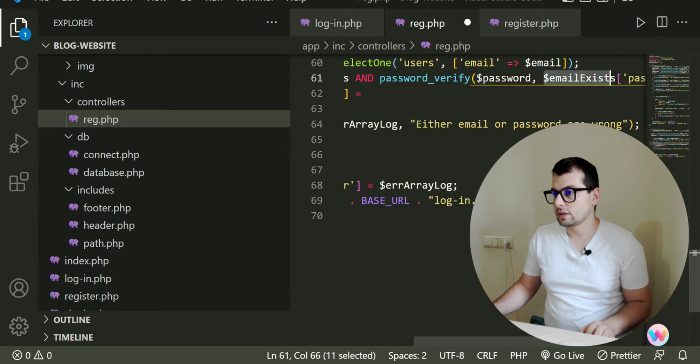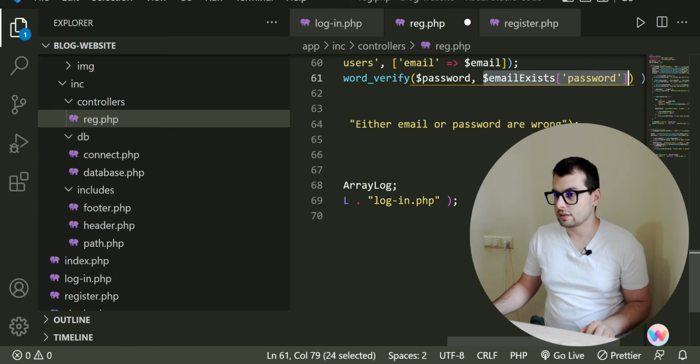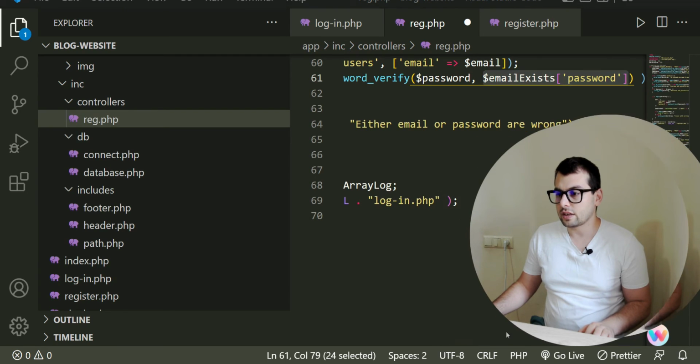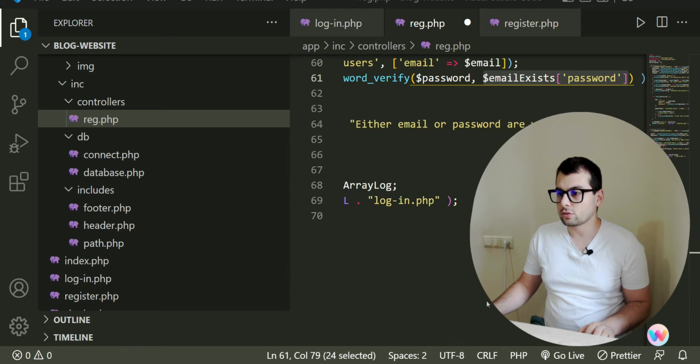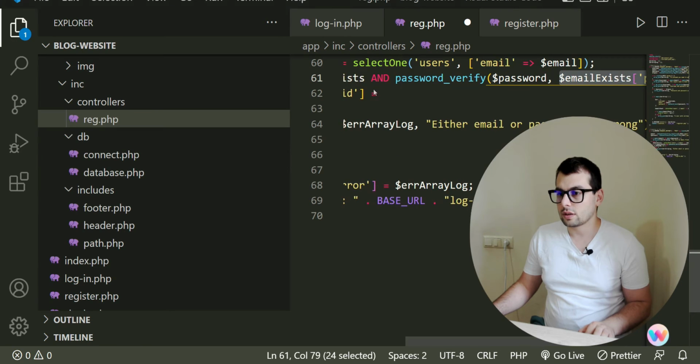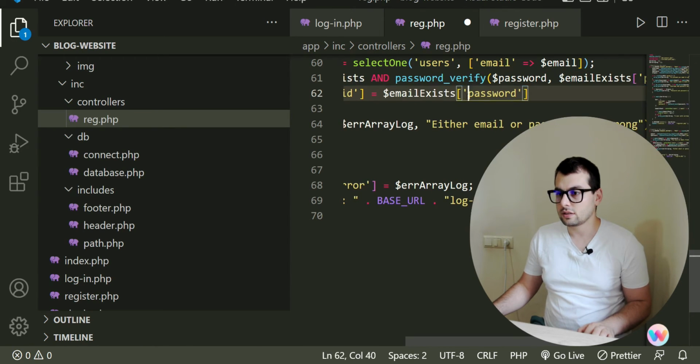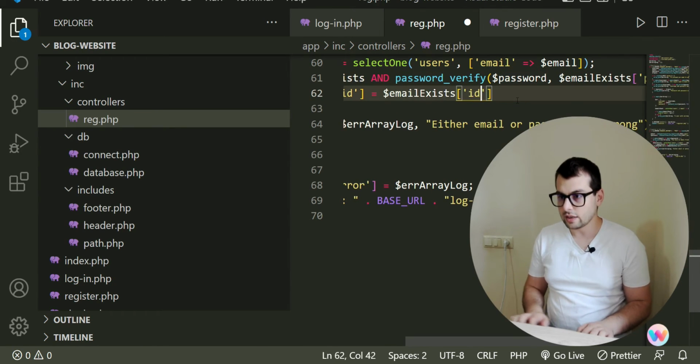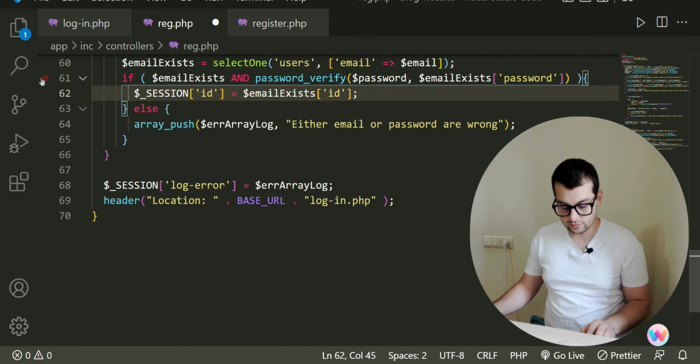So let's call it like this. It was called email exists, and if we were able to get the password, we shall be able to get the other information as well. So I'm gonna paste this right in here, and right here ID. I'm gonna copy this line a couple of times,